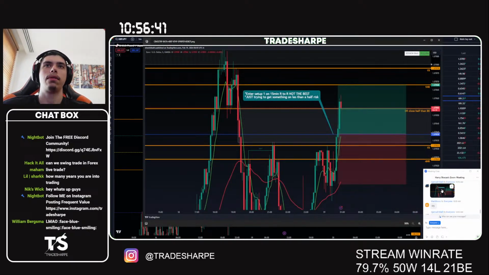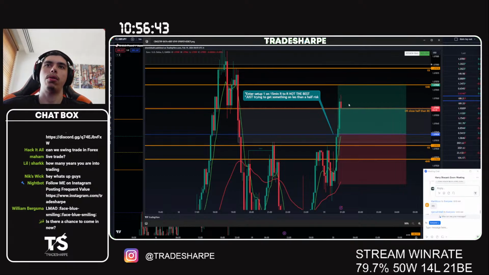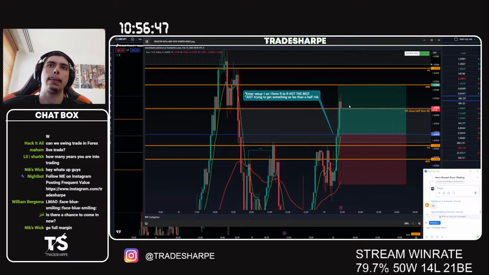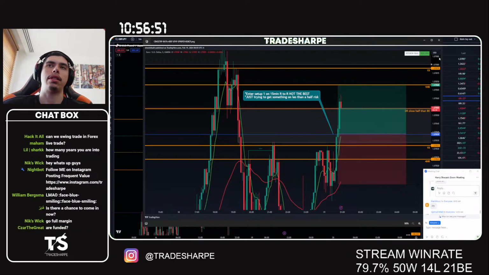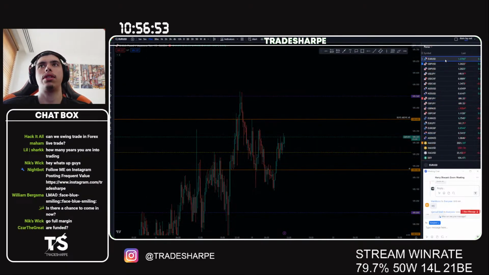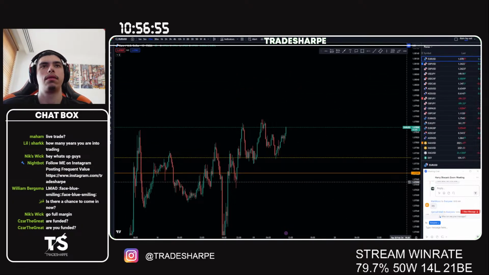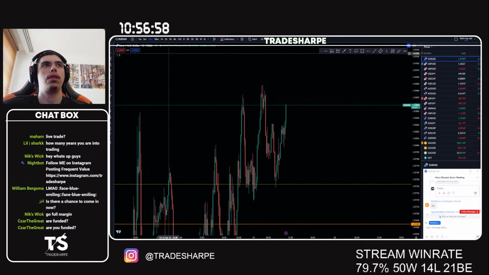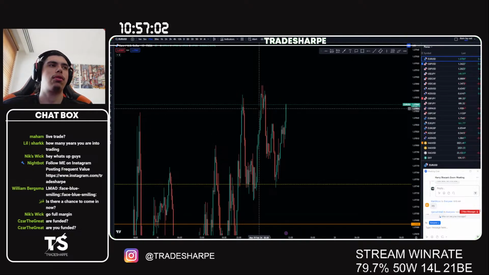Let's have a look here. Setup 1, yeah, that looks good, man. Close half at BE now. This is clean, man. This is clean. Less than half risk. Yeah, I agree with being conservative. There's no harm in that. No harm at all. The 15-minute was a beautiful close. Yeah, pretty straightforward setup here, man. This is what we like to see, man. Very, very clean.